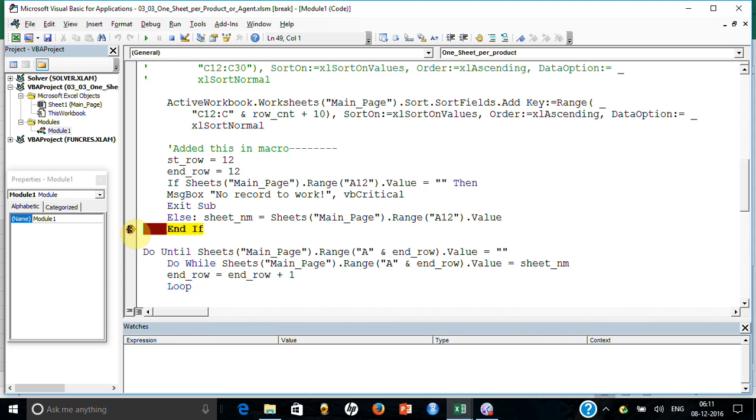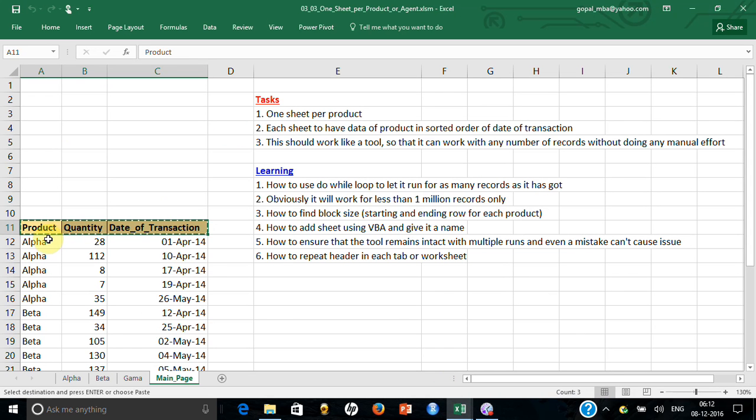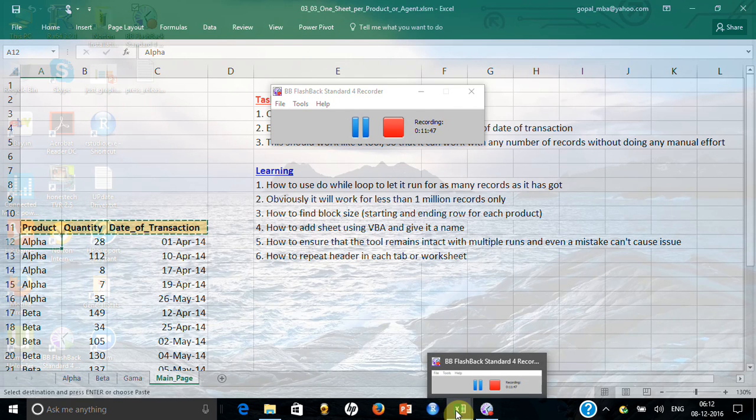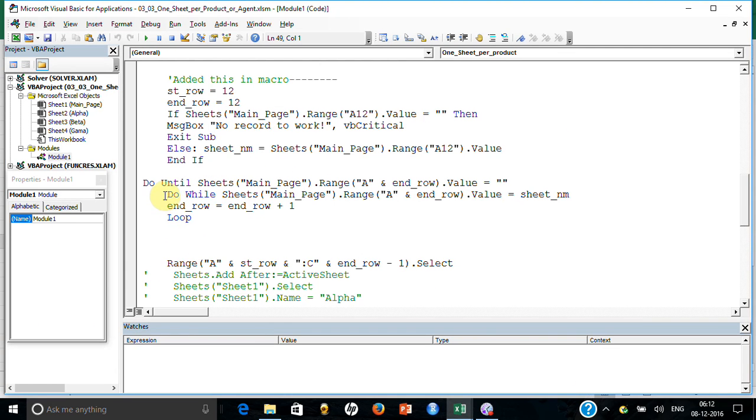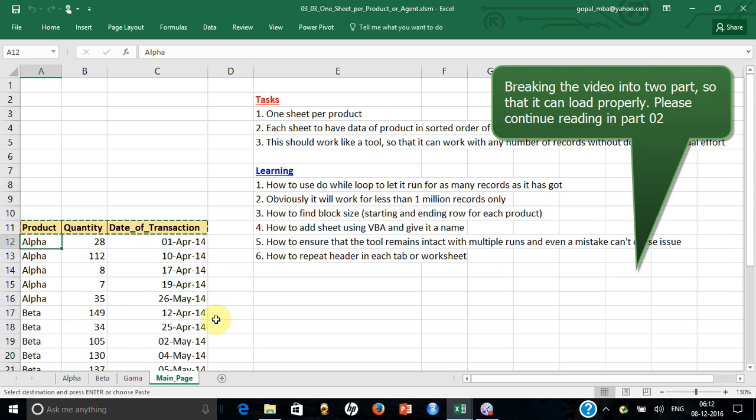Sorry, let me remove the breakpoint. Oh, so sorry, it completed the task, I just ran it. But let me show you what it did. Actually it is going here, it is looking till the time end row is blank. So end row is not blank here. So obviously what it will do, it will go here, right? End row is not blank, so it will move. And then it will go to the next part where I'm running a loop and I'm saying till the time end row value is the same as sheet name, it should keep running. Let me, in fact, what I should do, rather, close this Excel without